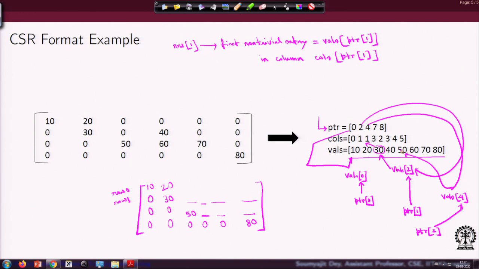So, essentially what we are following is, if you just subtract them, you know how many you really have in each row. So, essentially this 2 minus 0 is telling you how many are there in the first row, 4 minus this, so that is 2. So, you have 2 elements in the second row, or the 0th row has 2 elements, the first row has 2 elements. Since the first row has 2 elements, how do you get the second element? Well, if you follow 4, you get to 50, before that you have 40, if you have followed 2, you got to 30. So, whatever is next to 30, that is 40, and it is before this one where you go from 4. So, this is also in the same row, that is the information.